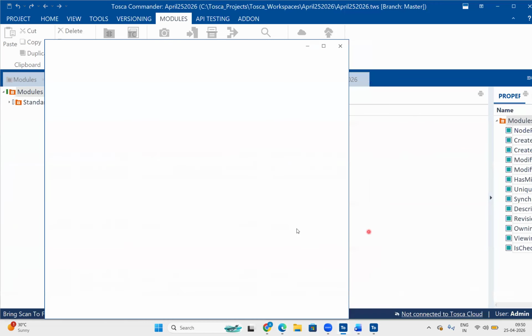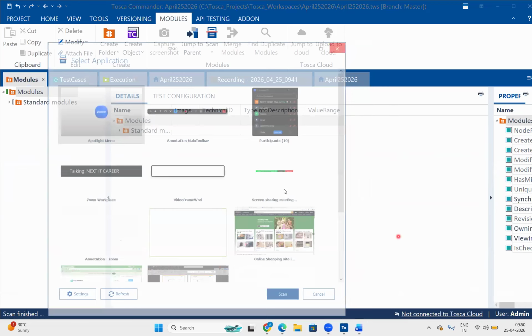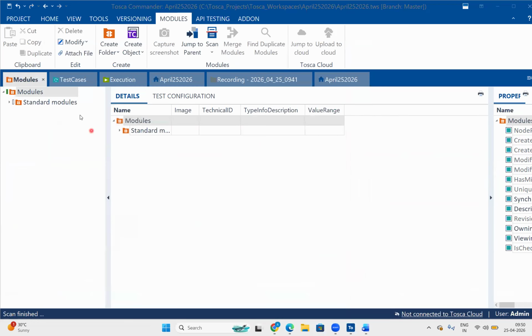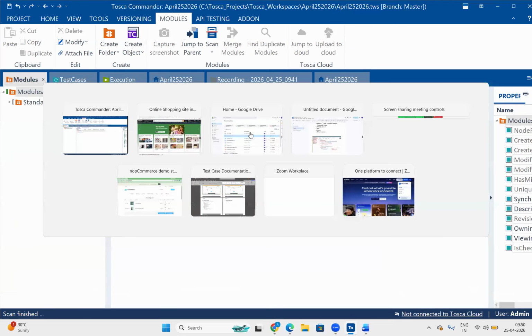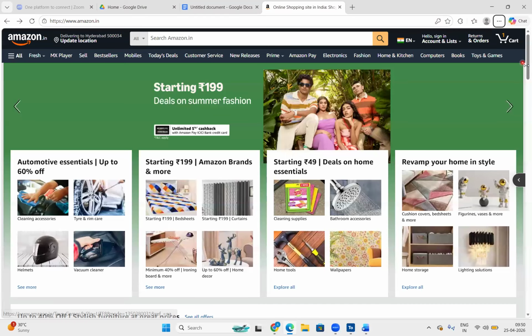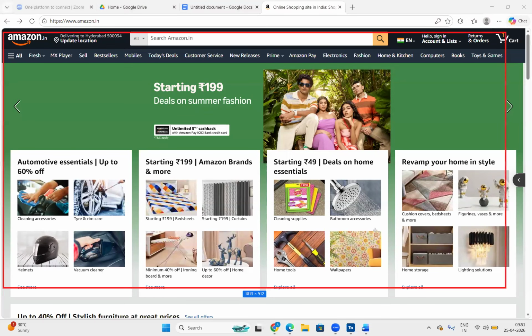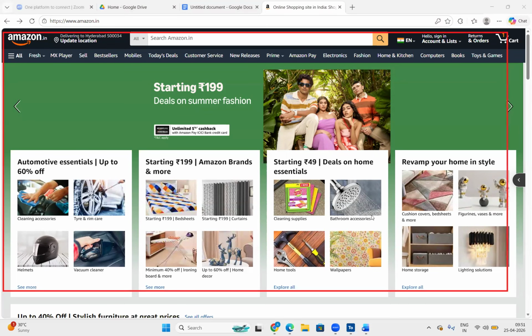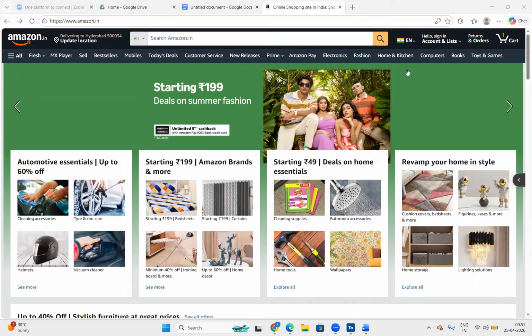Like POM, correct? Page Object Model. At the entire DOM structure level, it captures all the element or object properties for that particular page. Yes, correct. So for the entire page, if you want to capture all this info, just create a module for that. If you don't want to capture all the inputs or objects, only a few, you can manually pick a selected area also. Just create a module only for these selected areas and work on that.